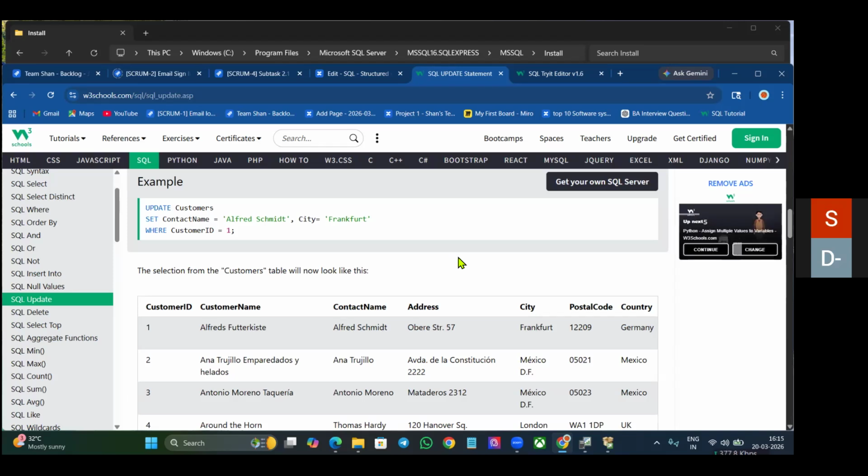Example: update customers, set contact name is equal to Alfred. Hold on. What is customers here? Customers ID. No, sorry. What is customers? Customers, yeah, the existing column I need to update. No. You see,